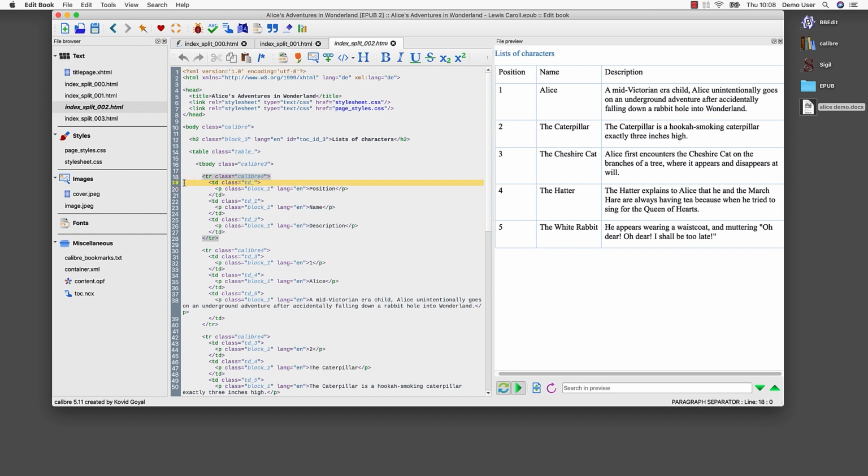When we look at the table of characters, we can see that our table structure has been preserved. The only thing that could be improved is the conversion of the table headers. The conversion missed these. We can repair this manually. All in all, we are satisfied with the result.